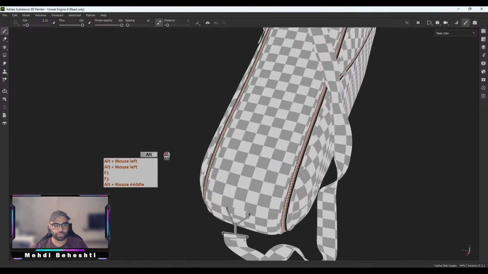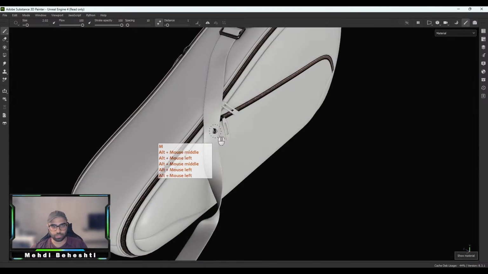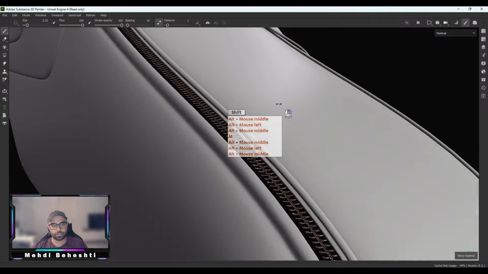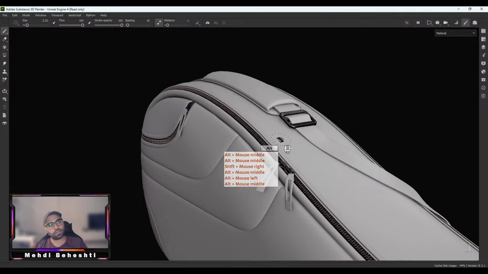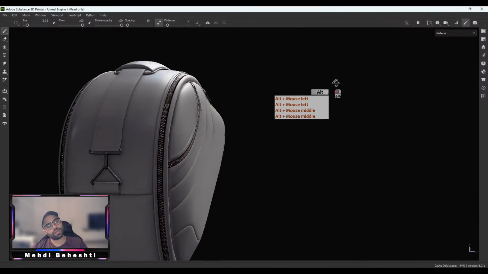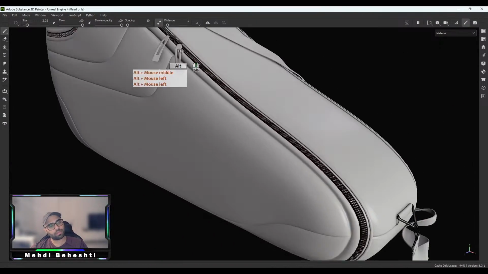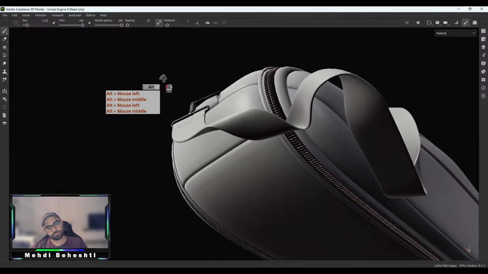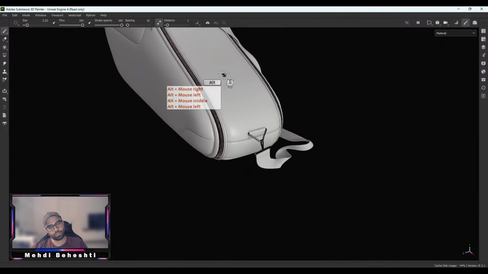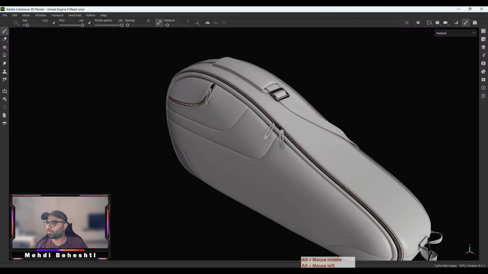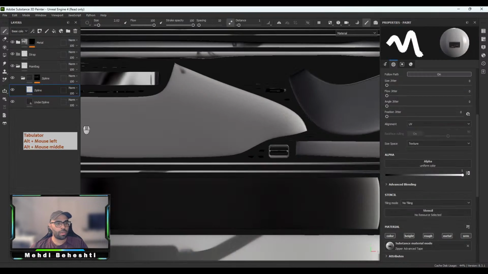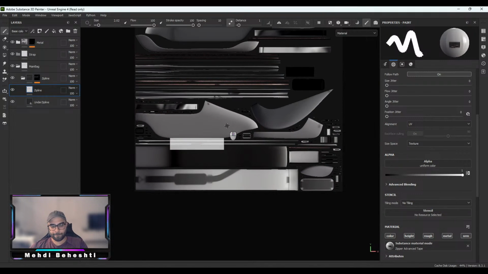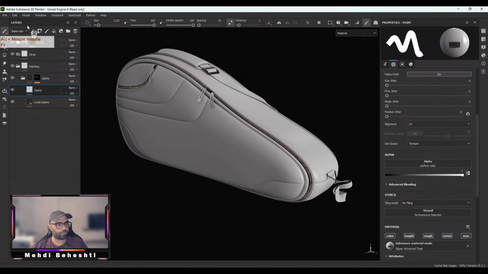Let's go back and check everything is okay or not in the material mode. We have the zip line like this. Okay. It's done. For the zip line, it's done. Press tab to go back to the layer modes, and let's go and